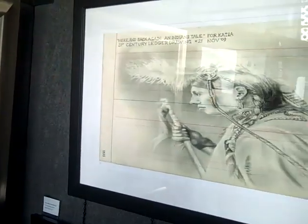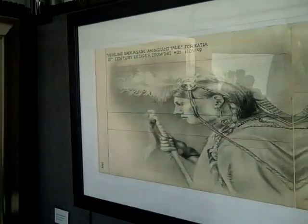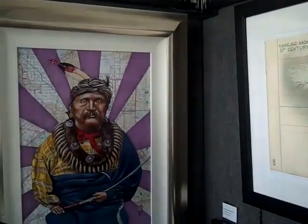The history of ledger art started around the turn of the 20th century, a little bit before that. When Indians were put into prison camps, they were given the ledger books from the soldiers to draw in, and they would document the way their life used to be, and various battles and stuff. And their form of art back then was very pictographic. So what I'm doing is just taking that art form, the tradition of ledger art, and bringing it forward into